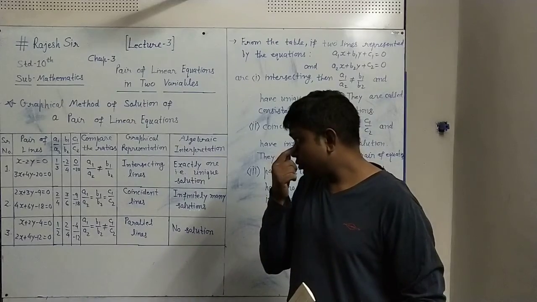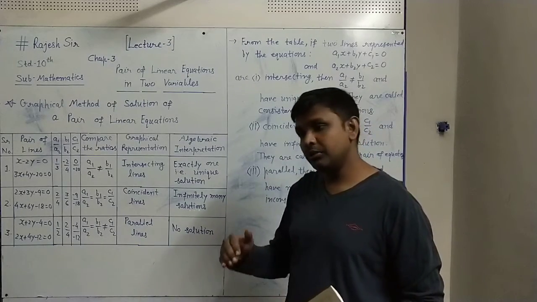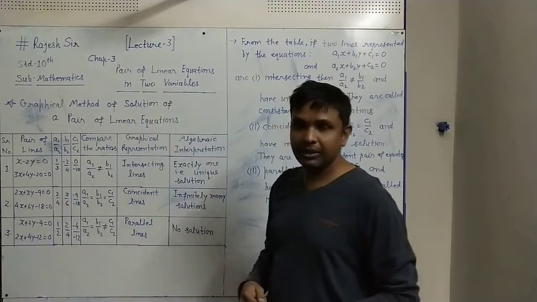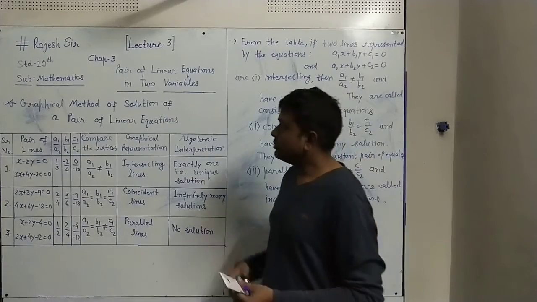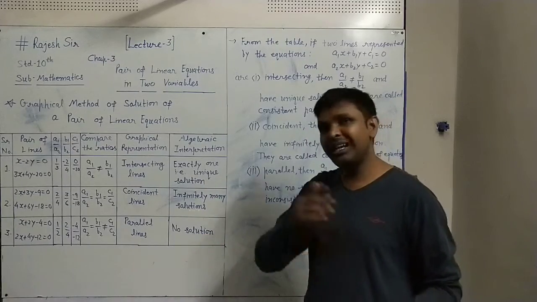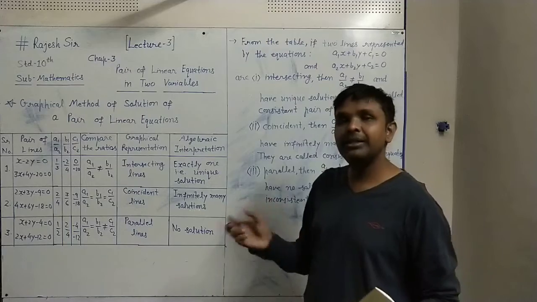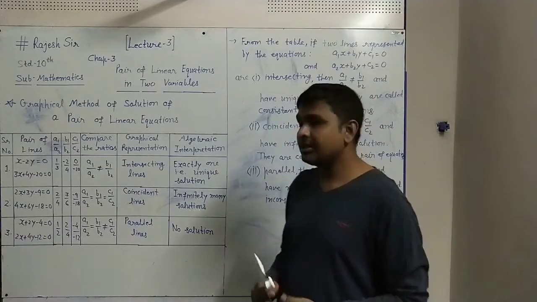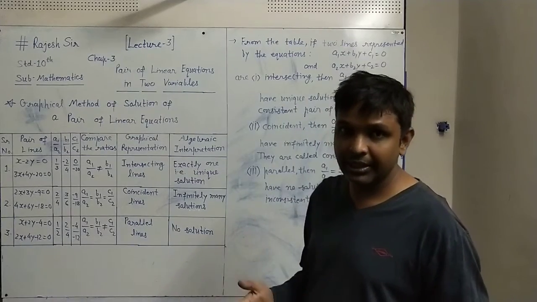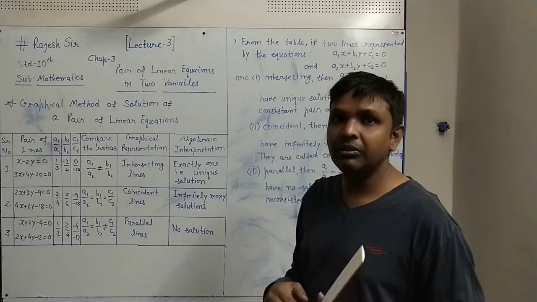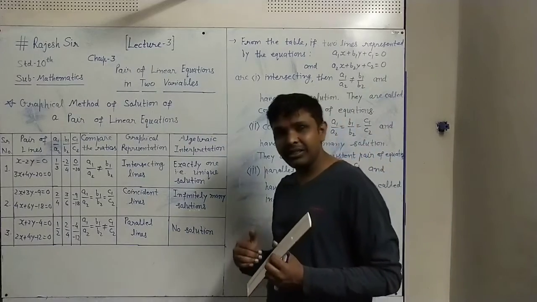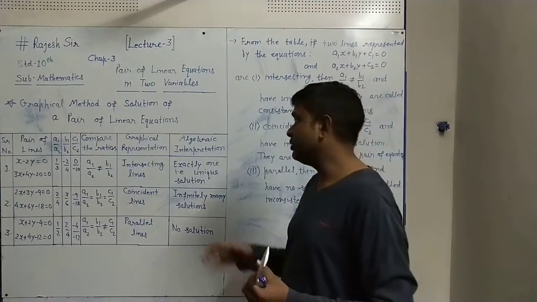So, as you know, two lines will have two equations, meaning a pair of linear equations in two variables. With some examples we will understand the relation between the algebraic expression and the graphical representation. As we saw in the first lecture, if two lines are in the plane, they will intersect each other, be parallel to each other, or be coincident on each other. Three situations we know.